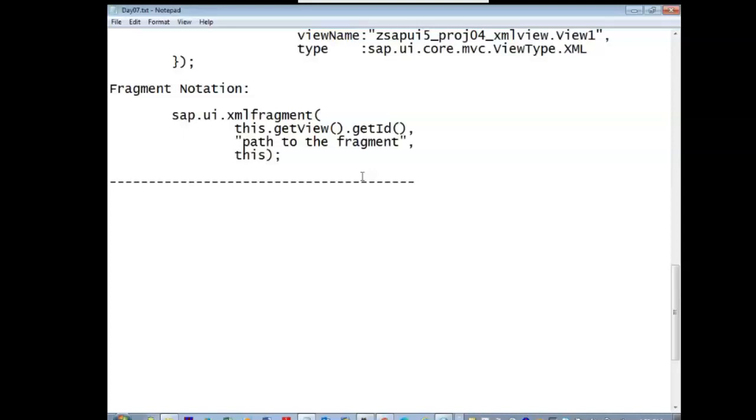When you come tomorrow, please go through the $expand query and also go through the differences between a JSON array and a normal array. Go through the $expand query. Next, the differences between a normal array and a JSON array. And also practice the Hello World fragment, how we did today. Any doubts, you can also refer to the Web IDE.